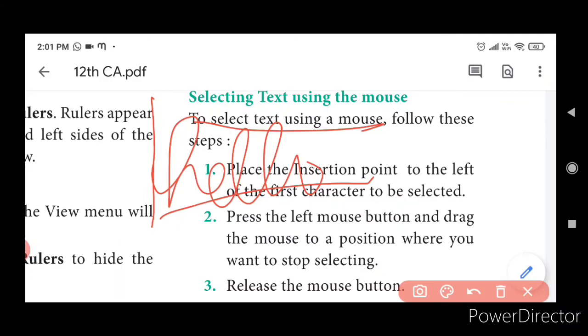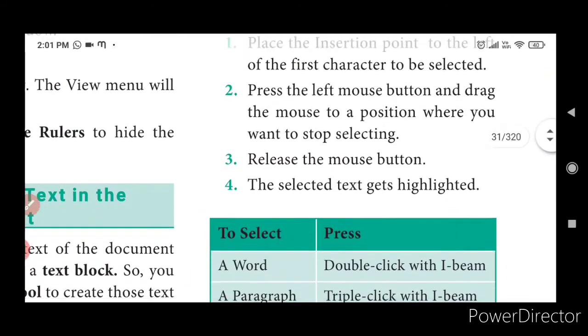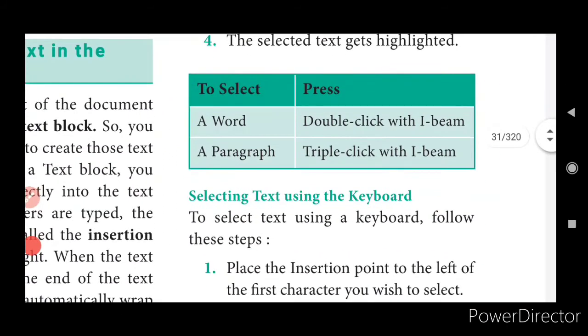Only then it will be selected. Press the left mouse button and drag the mouse to the position where you want to stop selecting. Release the mouse button. The selected text gets highlighted. To select a word, double click with the I-beam. To select a paragraph, triple click with the I-beam. The I-beam is your cursor.